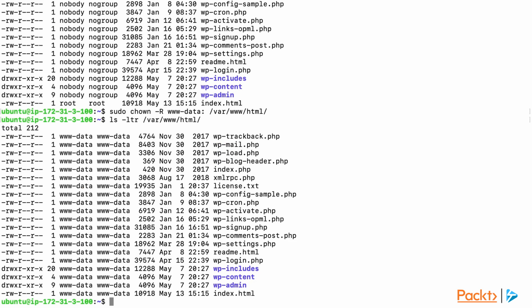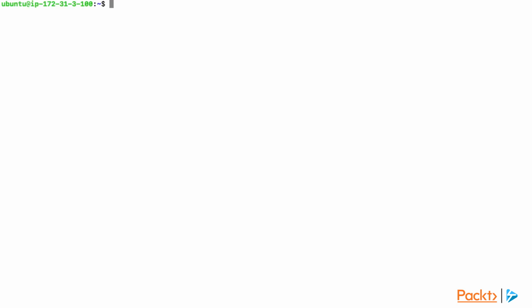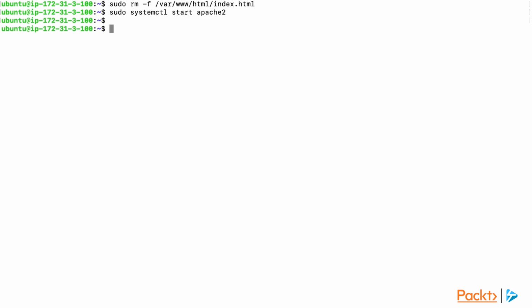Finally, we will need to remove the index.html file, because this file is the default that Apache serves when somebody requests the root of the website. We need this to be removed so that Apache automatically serves the index.php. That is the file that WordPress uses for the installation and later on for its work. So let's go ahead and use sudo rm -f /var/www/html/index.html. Now I'm going to issue sudo systemctl start apache2 if it's not already started,